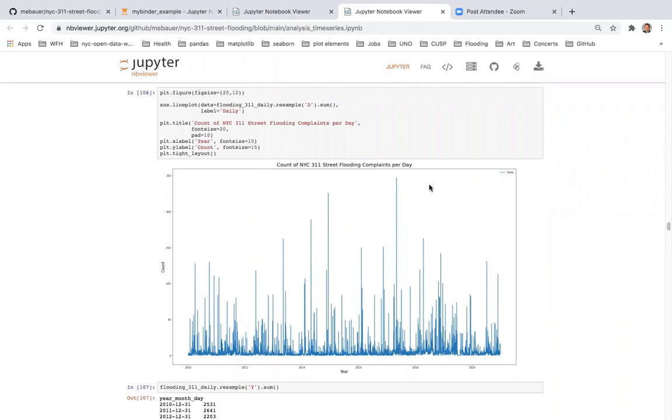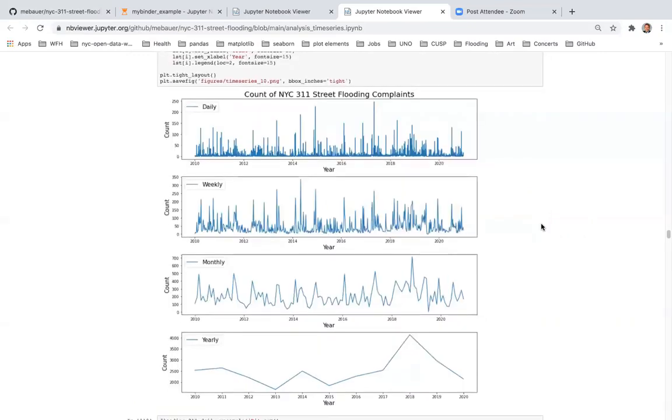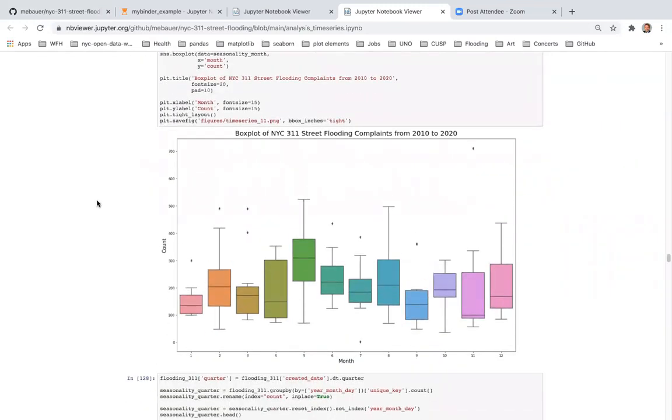And you can see that I believe there was an event in 2017 that had almost 250 complaints on that day, which is quite astounding. And then these are just plots by a different frequency: daily, weekly, monthly, and then yearly. Quickly. And then I just did testing to see if there's seasonality.